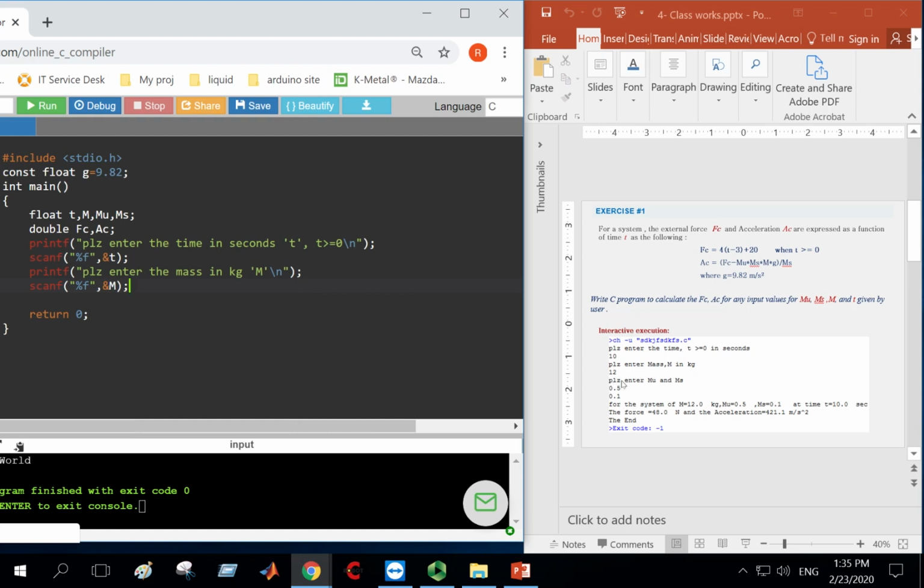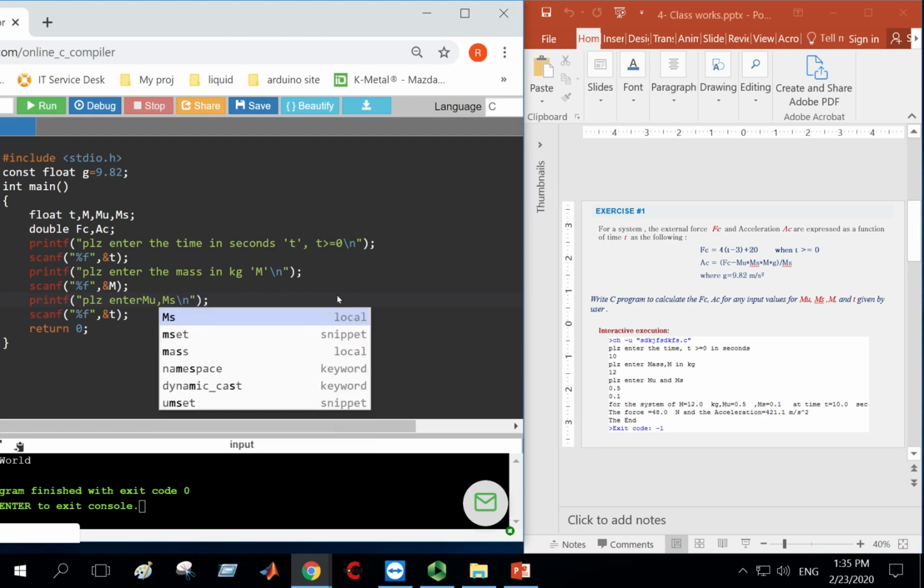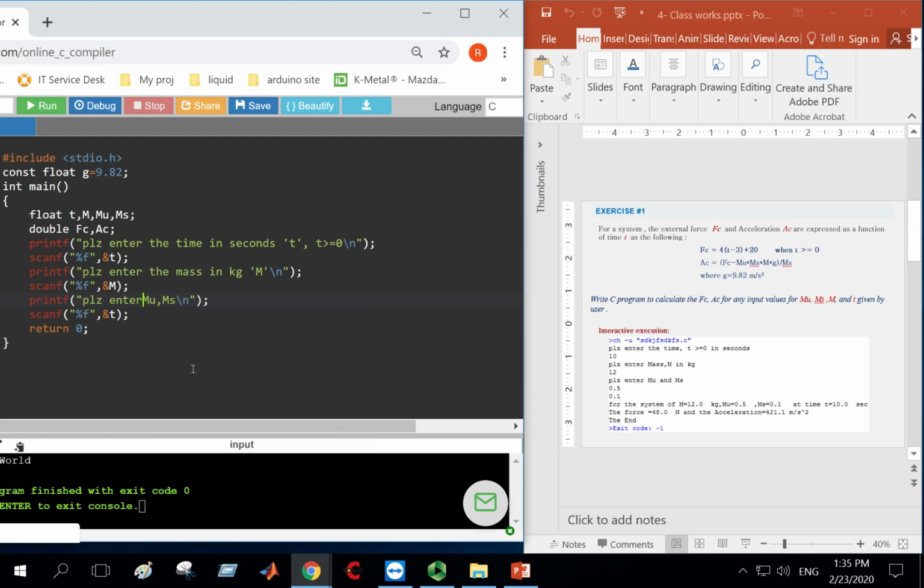Next step, please enter mu and ms together. So let me paste again: please enter mu, ms. Surely mu and ms, as the kinetic and static coefficients of friction, should be between 0 and 1, but